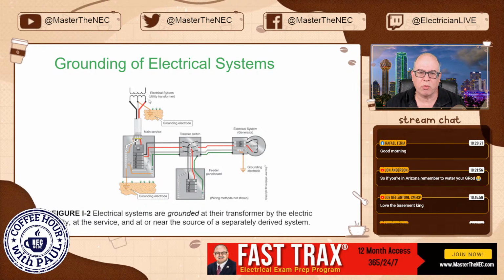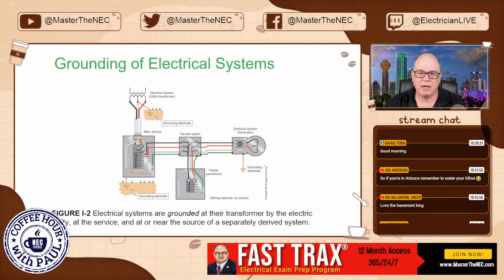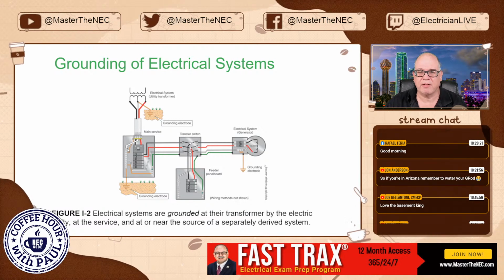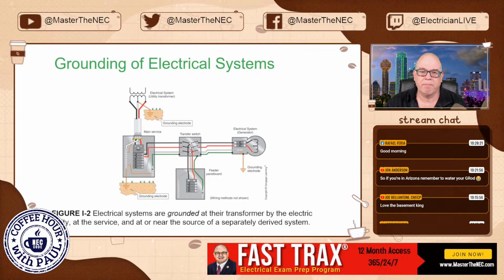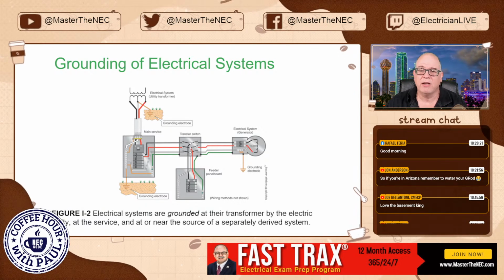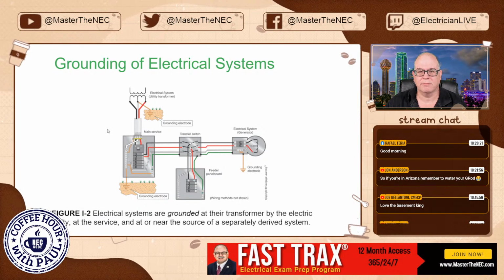All right, so here's our source. Utility comes through. This is your main service disconnecting means. And for 2020 code, we'll say this is outside. We're not showing the meter because we don't choose to pay the utility at this moment. But we'll say that this meets 230.85. It's also labeled emergency disconnect and service disconnect and whatnot.